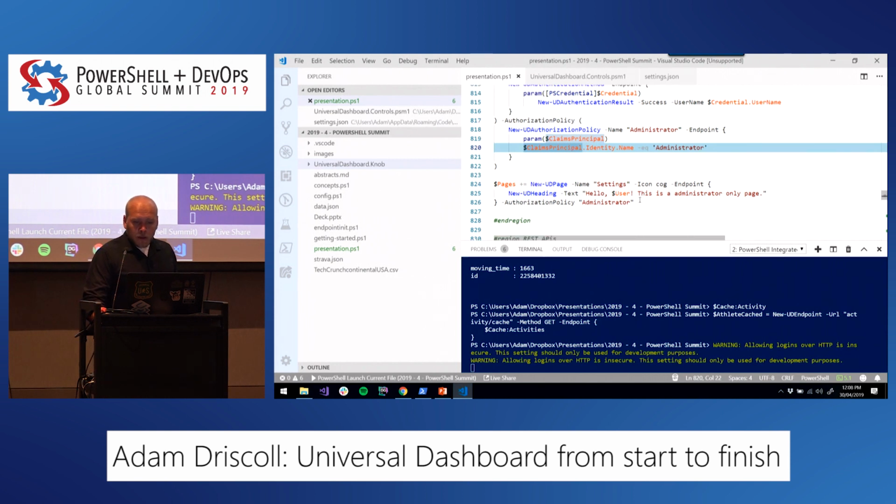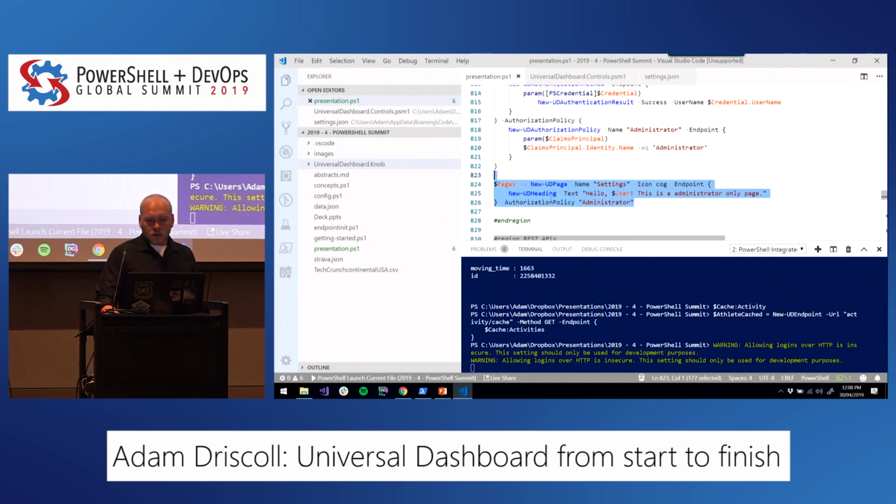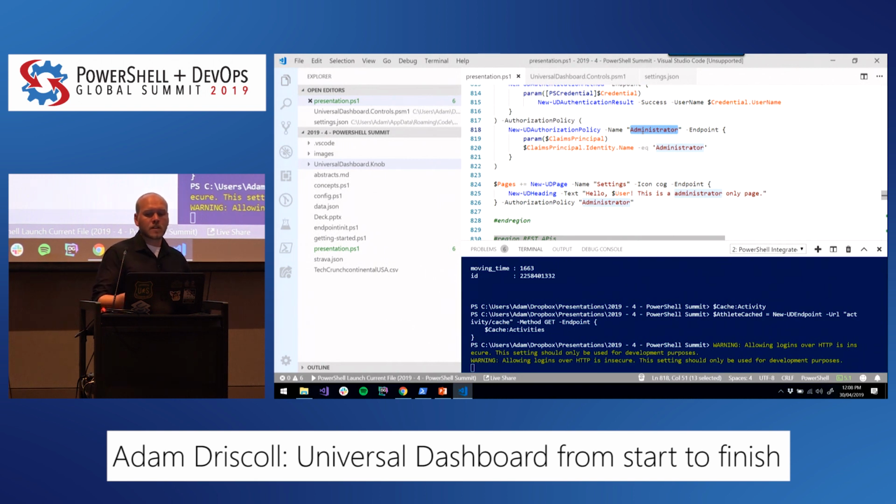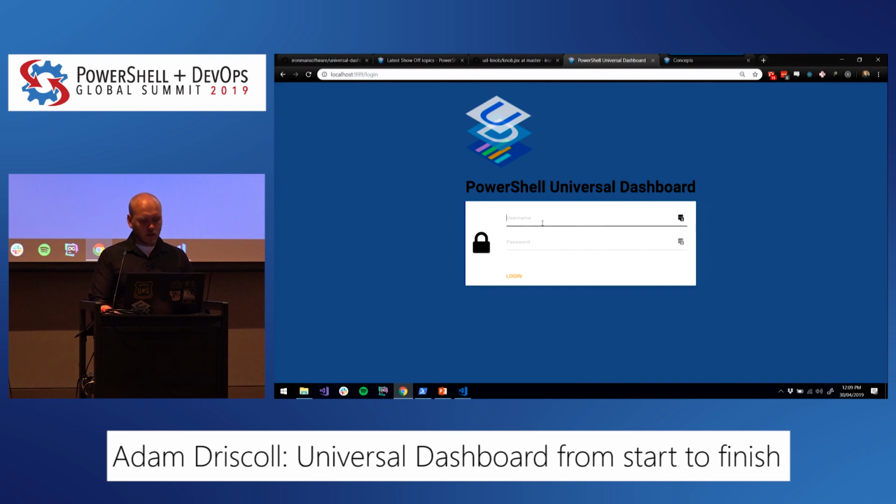And then I am creating a page here, and this page has this authorization policy. So only the people that pass this particular claims or authorization policy will have access to this page. So if I log in with the administrator user, I'll see that page, and with any other user, I should not. So if I log in as Adam,